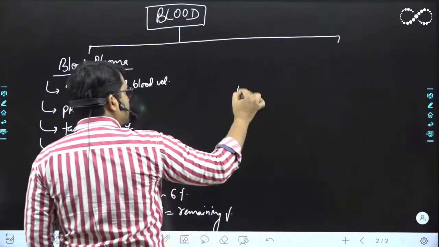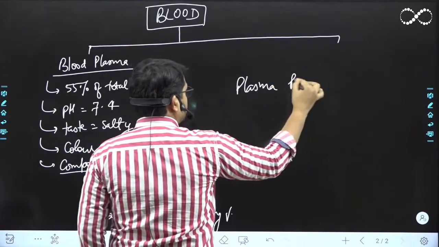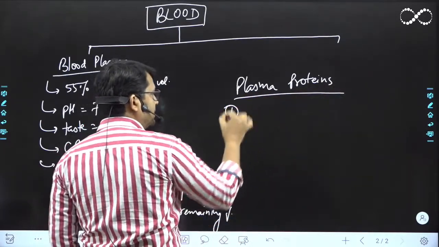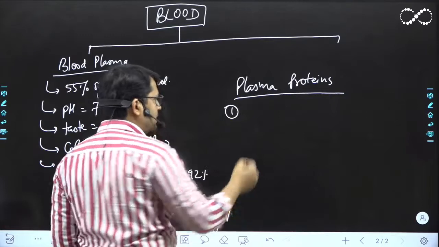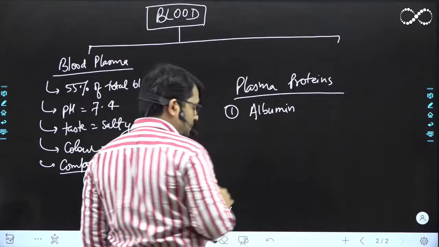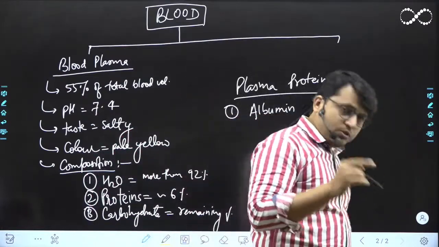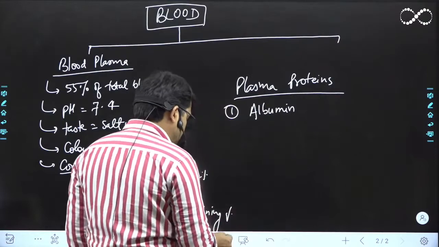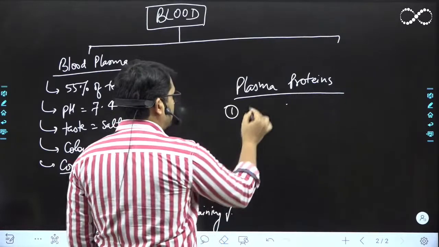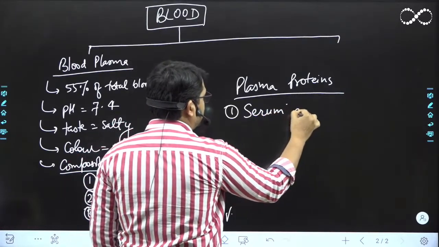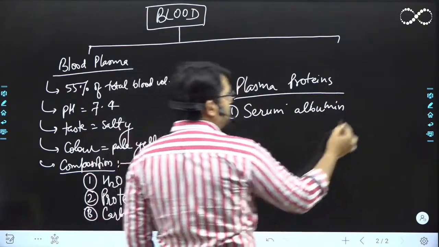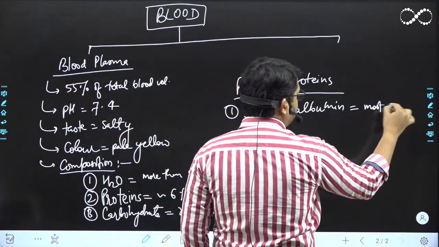Now, if we are talking about the plasma proteins, देखते चलिएगा. These plasma proteins mainly have certain proteins like albumin. ठीक है, देखो ये जो एल्बुमिन है ना, इसको हम लोग एक स्पेशल टर्म देते हैं. We call it serum albumin. इसको सिर्फ एल्बुमिन नहीं कह करके हम लोग को क्या कहना चाहिए? सीरम एल्बुमिन. Okay, and it is the most abundant plasma protein.